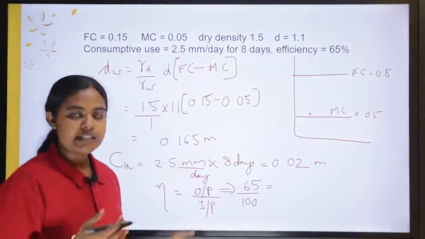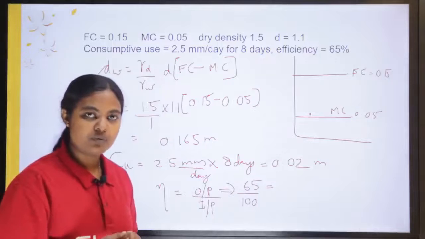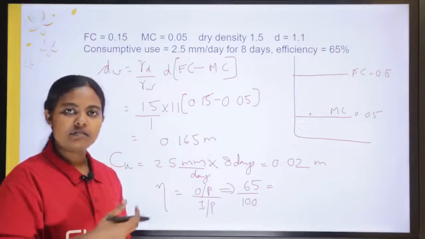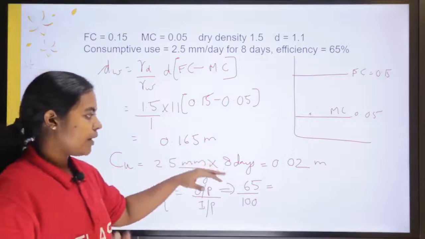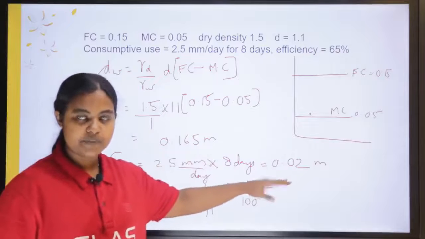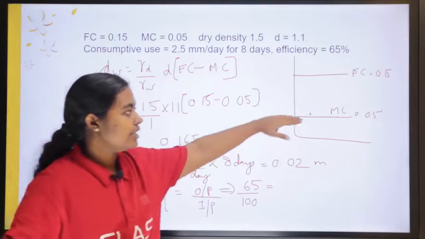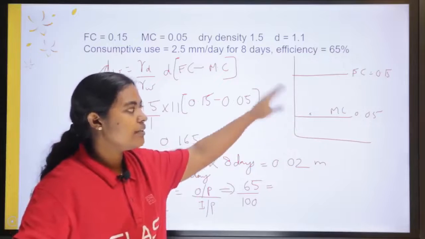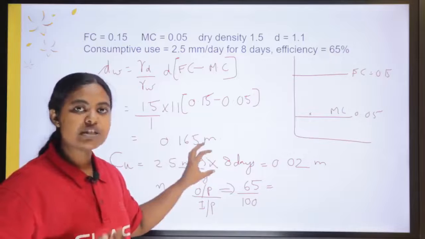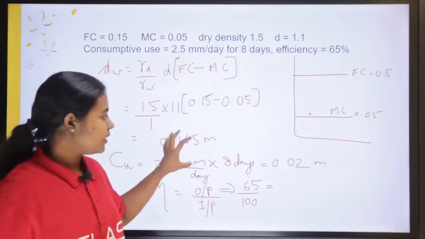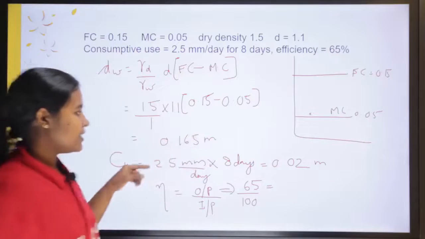When we supply irrigation water, we are supplying it to meet the needs of the plants. So in this case, the consumptive use requirement of water is 0.02, and the depth of water required to increase the moisture content from the present level to field capacity is this one. So this does not include the consumptive use requirements. So the total requirement at the field will be the sum of these two, which will be